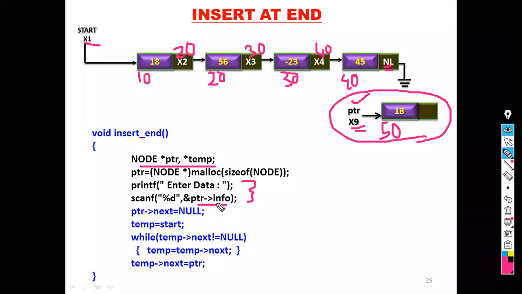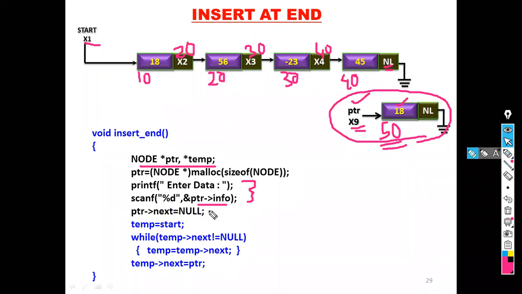Here the data equal to 18 is stored in the information part of the node created at address 50. Next, ptr next equal to null. Now after inserting the new node ptr at the end, the next part of the new node equals null, so that it will be the last node of the linked list.